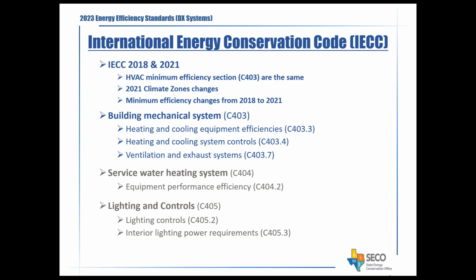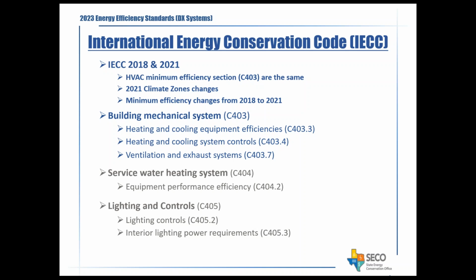The building mechanical systems are covered in section C. C stands for commercial code, area 403. If you want to look at what your heating and cooling equipment efficiencies will be, you have to go to C403.3. If you want to look at your heating and cooling system control requirements in the code, you have to go to C403.4. And if you want to know what the ventilation and exhaust system code requirements are, you have to go to section